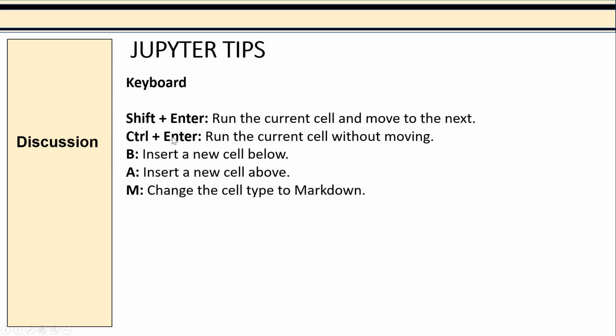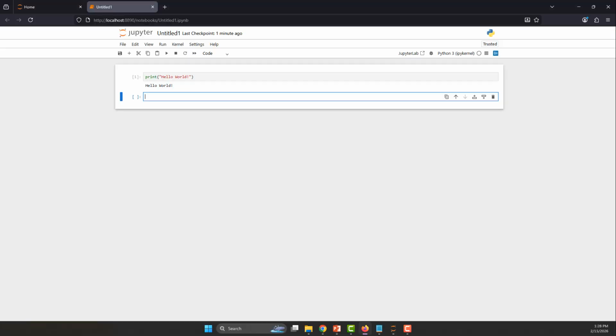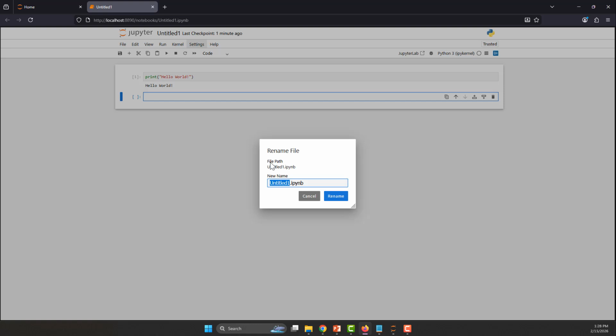Ctrl+Enter runs the current cell without moving, B is to insert a new cell below, A is to insert a new cell above, and M is to change the cell type to markdown. So let's go back to our notebook. Let's name this My First Program.